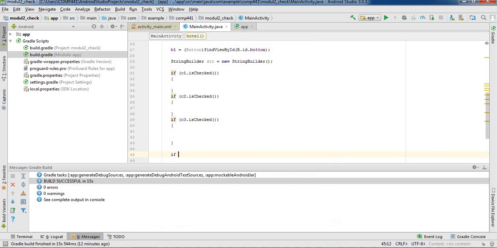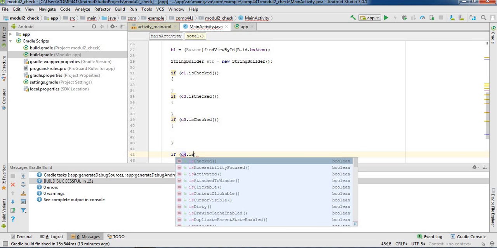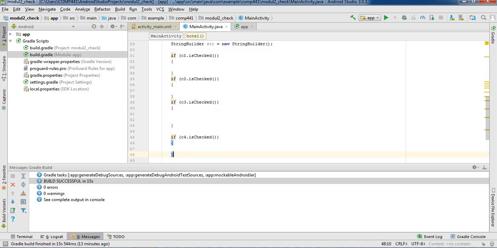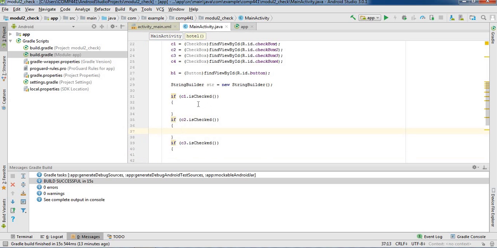If in bracket C4 dot is checked, what will be the action? Okay, like this. So if अगर C1 चेक किया है तो क्या होगा, वो जो str में उसको